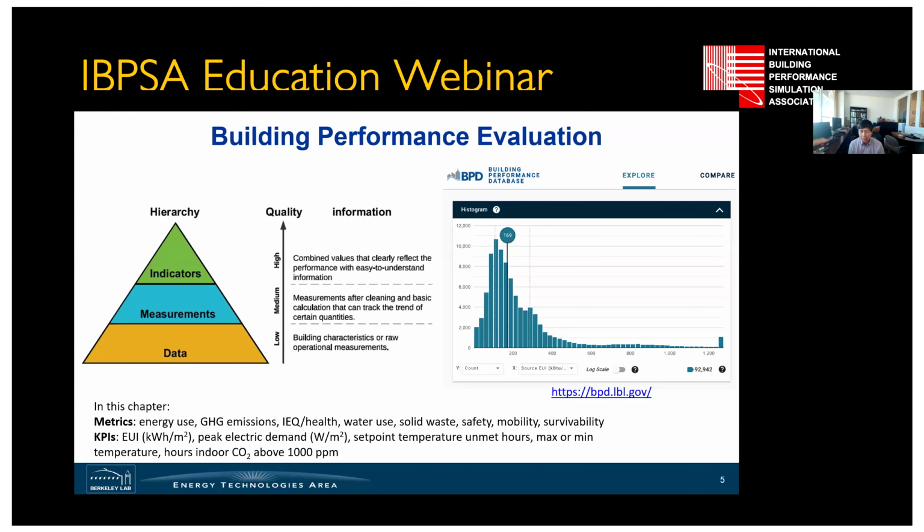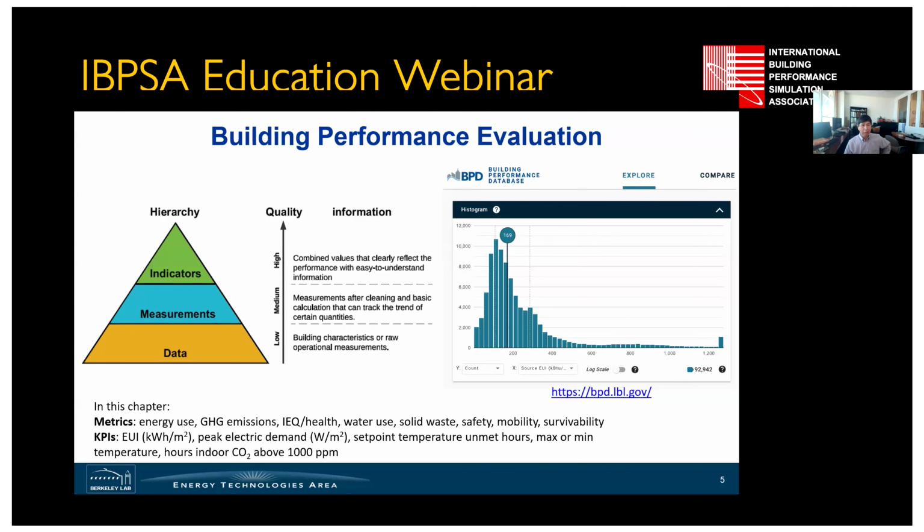But there are other KPIs that represent the services, like set-point temperature unmet hours, and many of you running simulations usually use these to do a very high level check whether your simulation makes sense, like whether all the equipment auto sizing meets the loads in all the different spaces. And we also care about some of the temperature related thermal comfort issues. So there are also indicators that represent those.